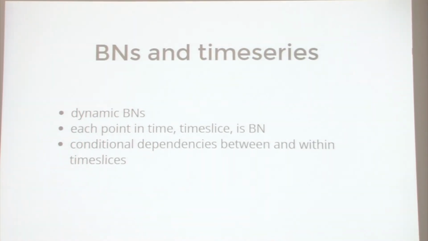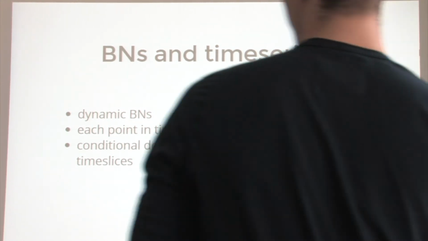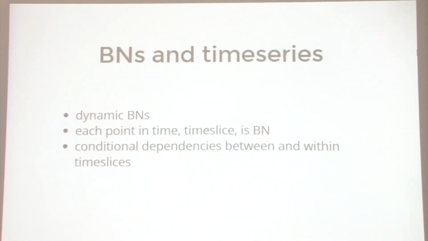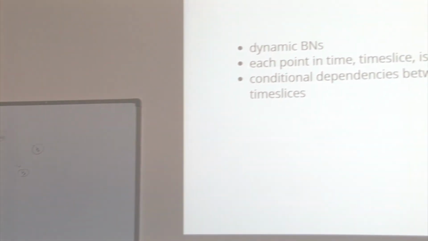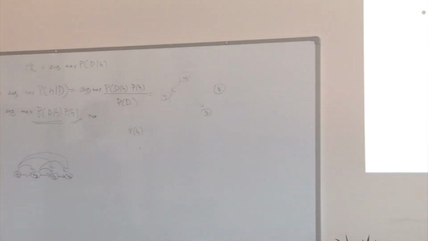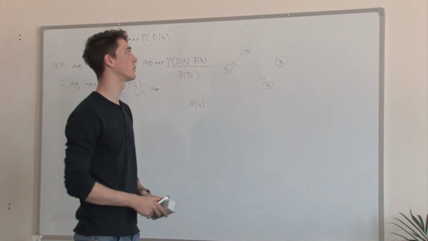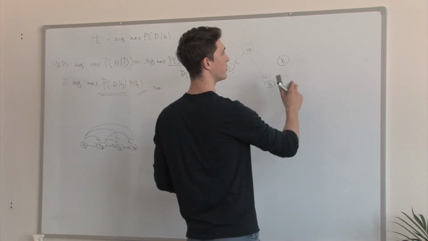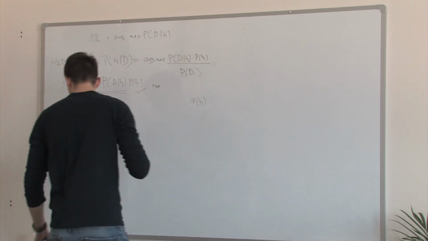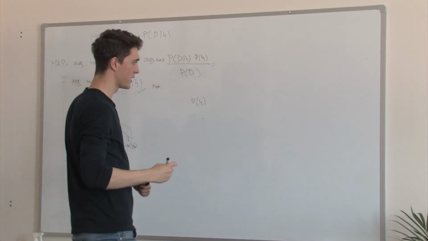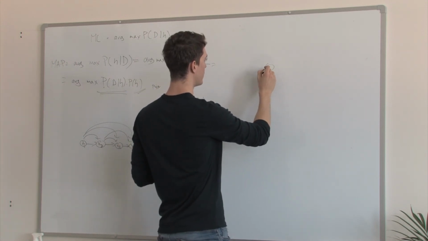Now there's the question about how we can use time series with Bayesian networks, because up till now every Bayesian network had only variables that did not change in time. We call the Bayesian networks that handle time series dynamic Bayesian networks, but they're not really hard. All they do is look at each point in time as one configuration of a certain Bayesian network. So let's say we have variables A, B, and C,